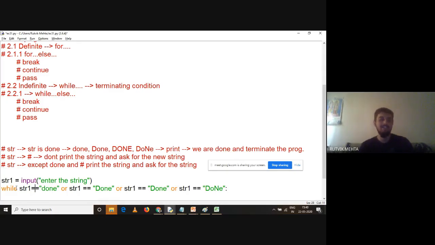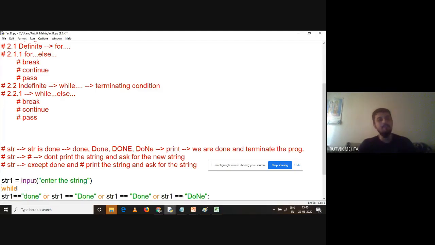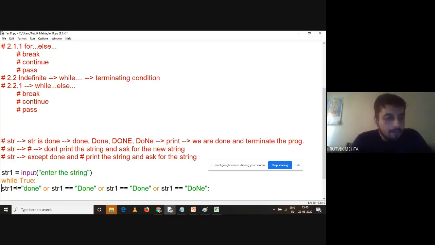So this condition is correct, but we are not going to use it with while. Understand this, right? What we are going to do is very simple. We are going to separate it, and our condition, I'm making it true. So I'm telling you that whatever the condition is, in all the cases, execute the loop. Now, how will the loop be executed? It will be executed infinite times, obviously.